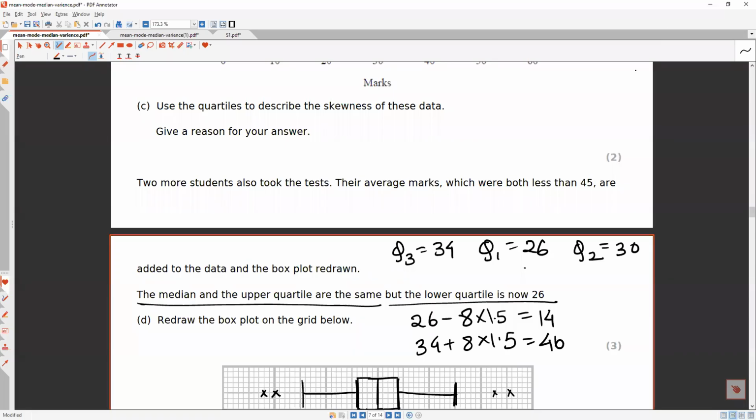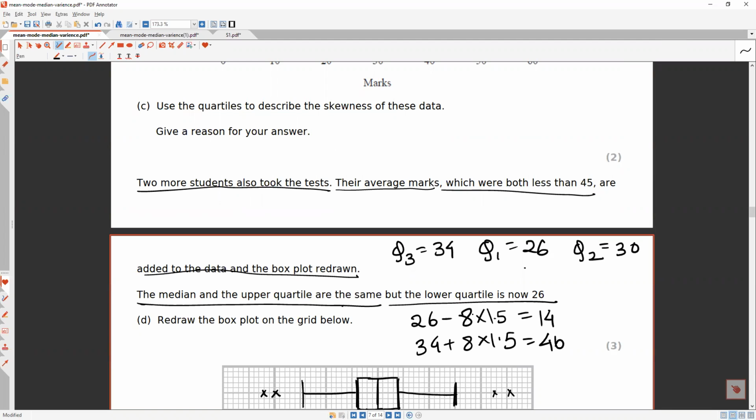Okay, so most probably I did not record the D part, so let me repeat the D part a little. The median and the upper quartile are both the same. What are they doing? They are adding two more students, two more students, whose average marks were both less than 45. Okay, they added it to the box plot diagram. Now you have to draw a new diagram. They are saying the upper quartile